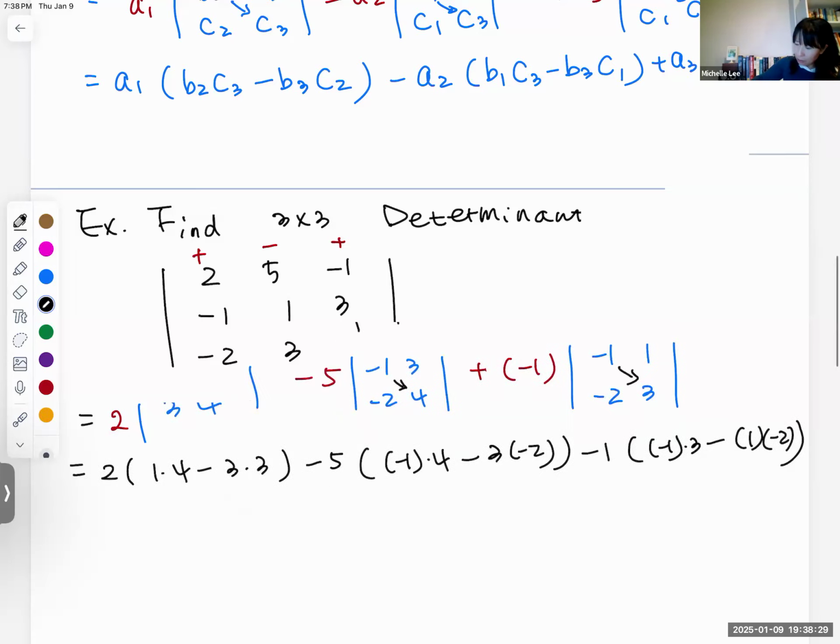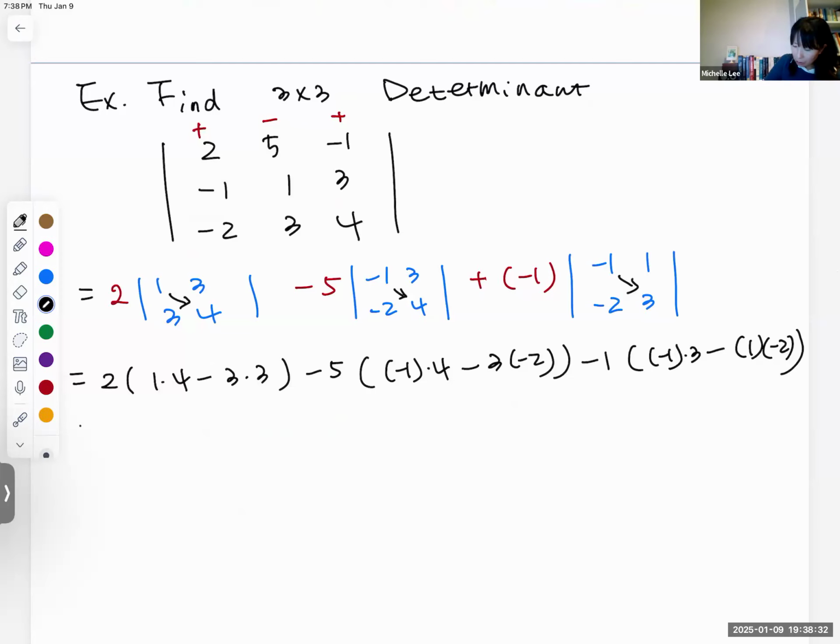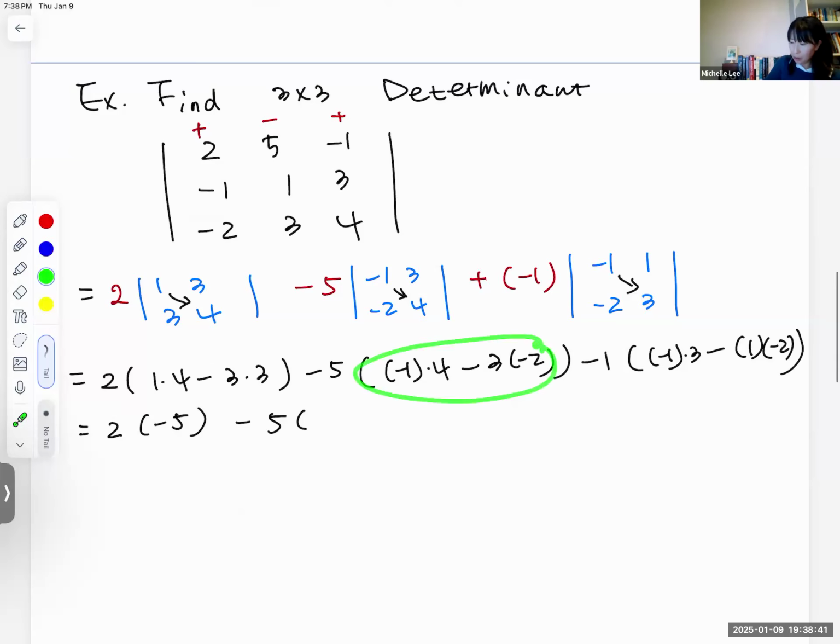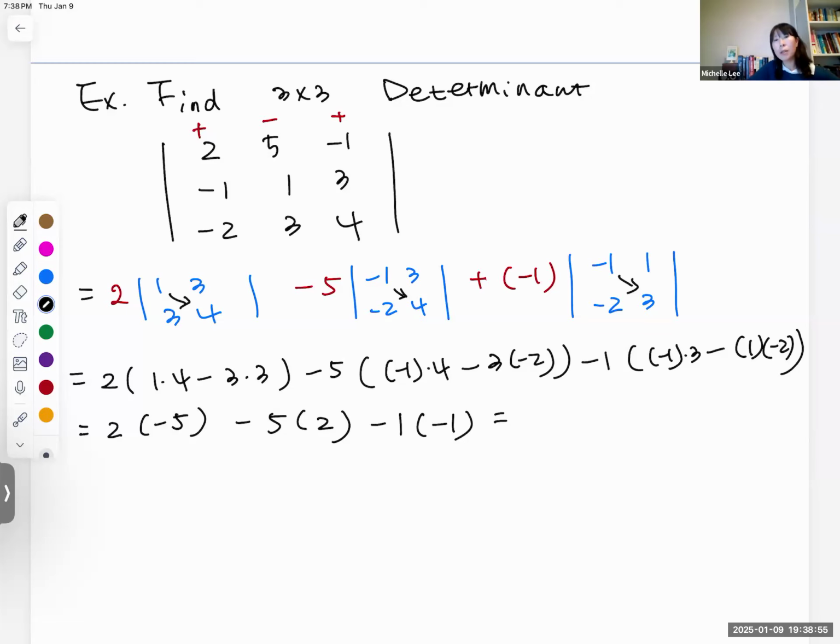Okay, now there will be 2 times negative 5, negative 5, and inside this will be positive 2, and negative 1, inside will be negative 1. Okay, can you please calculate? What do you get? Negative 19, very good. Okay, now